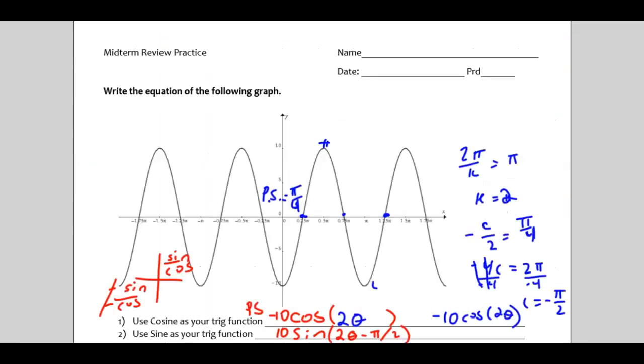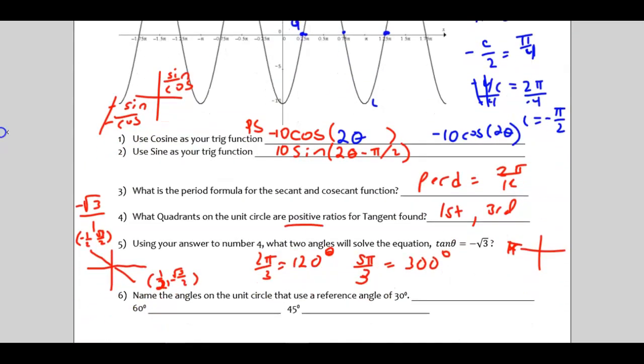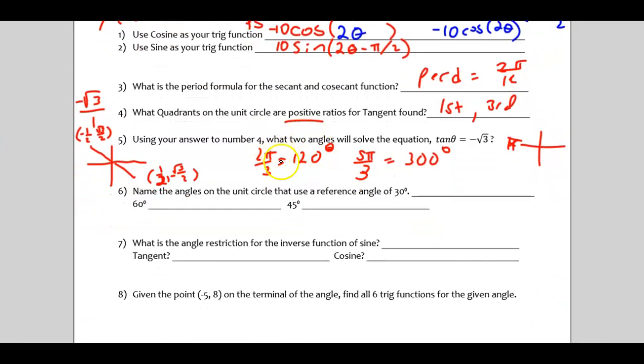So let's go back to the problem that we were working. It says, name an angle on a unit circle that uses a reference angle of 30 degrees. All right, so let's see. For 30 degrees, you will have literally 30 degrees because that's in the first quadrant. That's right there, 30 degrees. What about another reference angle that could have it? If I go over here and have a reference angle of 30 degrees, I could say